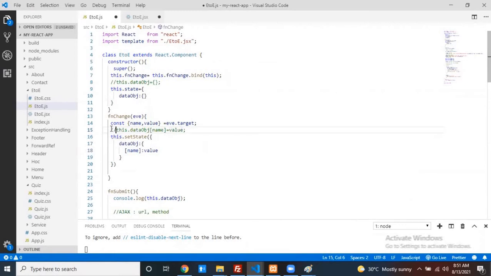Can anyone guess? You update the data object state variable with this data. For example, I enter the data within the questions one. My key is QUE and my value is your question. That is assigned to my data object, so my data object contains QUE, your question.